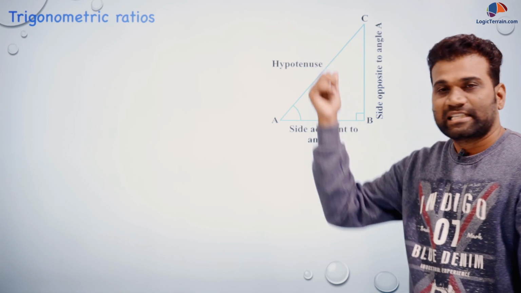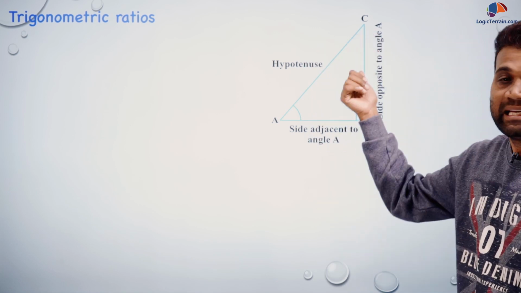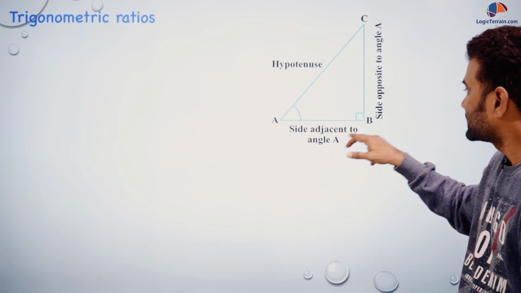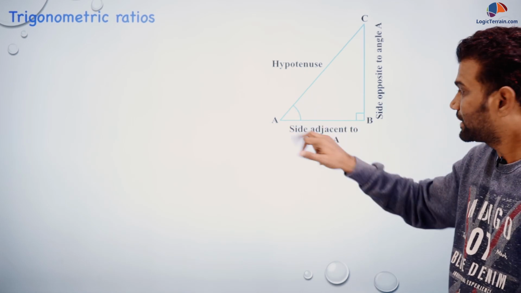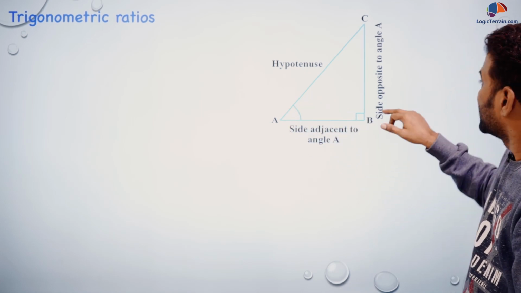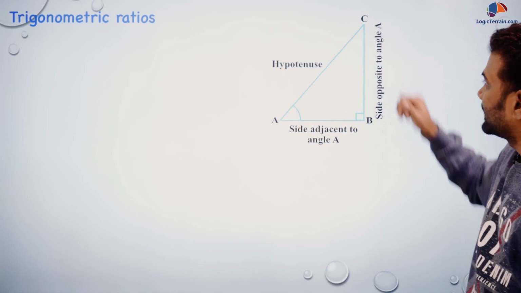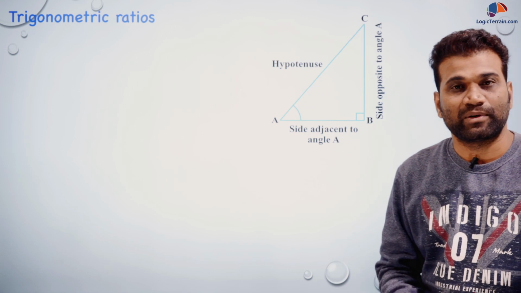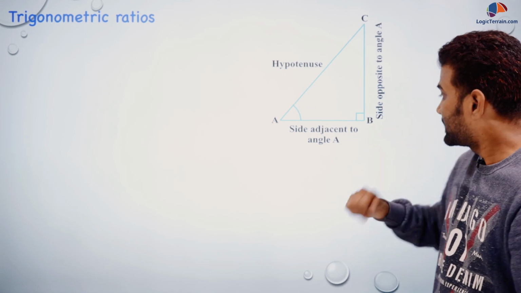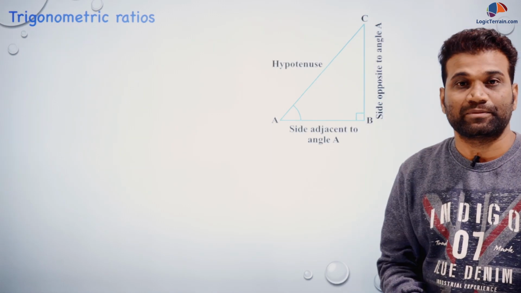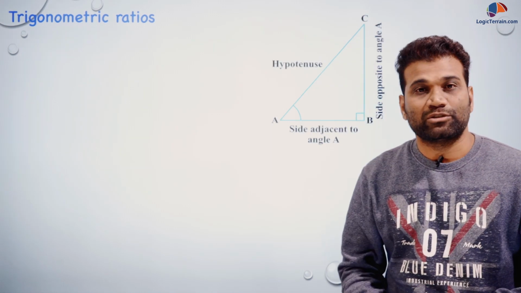Okay. Here let us recall trigonometric ratios. In a right angle triangle, you can give any names, A, B, C. We know this is the side adjacent to angle A. This is angle A, that is theta. This is the side opposite to angle A, and this is the hypotenuse, right? In other terms, we can say this is the base, this is the perpendicular, and this is the hypotenuse. Then the trigonometric ratios are like this.